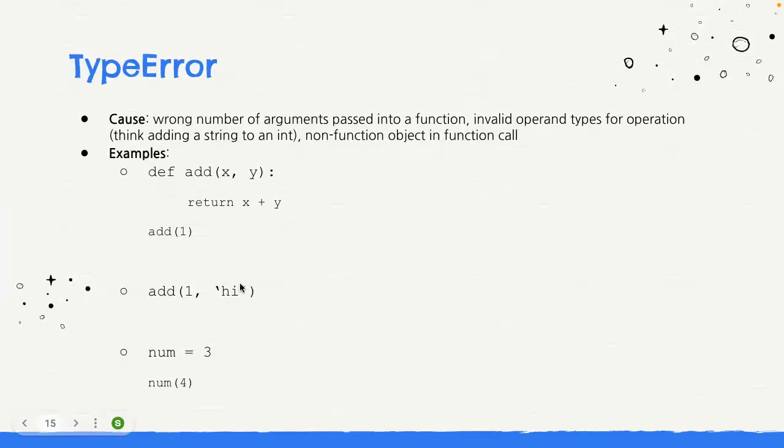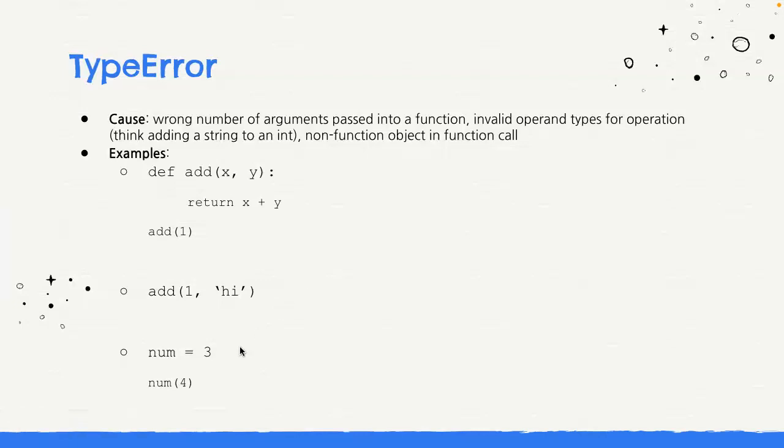Another one was passing in a string as one of the parameters. In this case, Python won't automatically notice. It'll only notice in this line because you can't add a number and a string together. So it's going to say, in this line, you're adding a number and a string, you can't do that. Even though when it runs this line here specifically, it won't really notice,